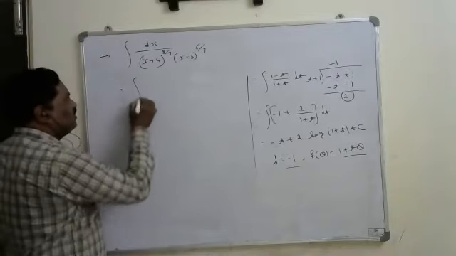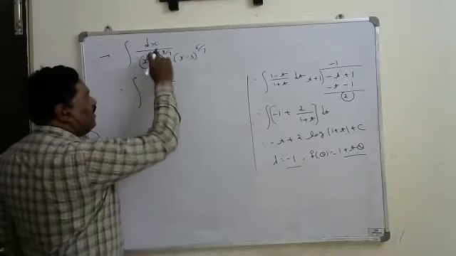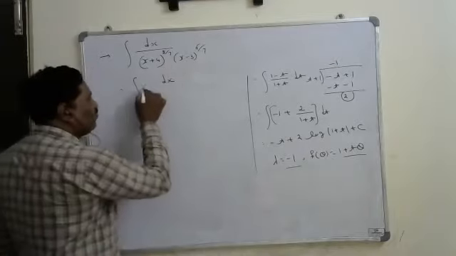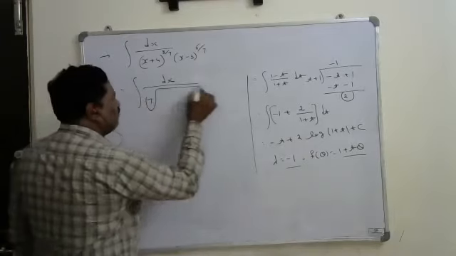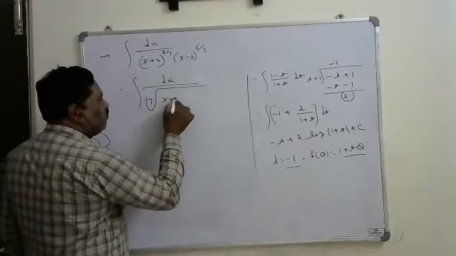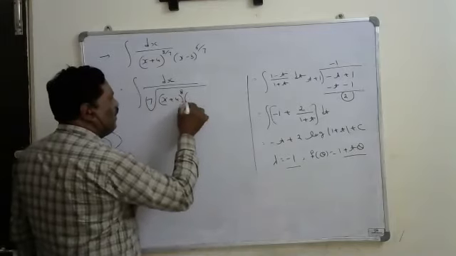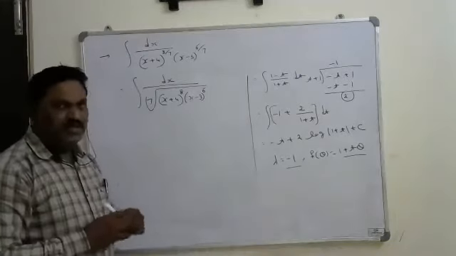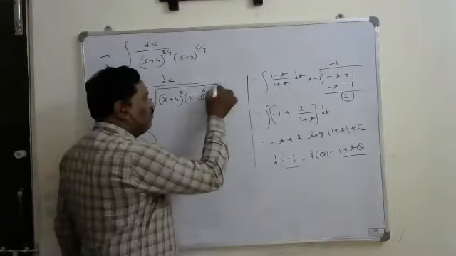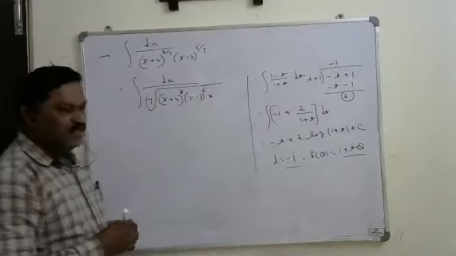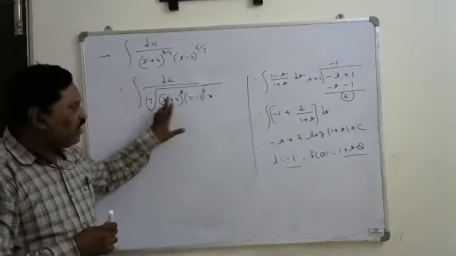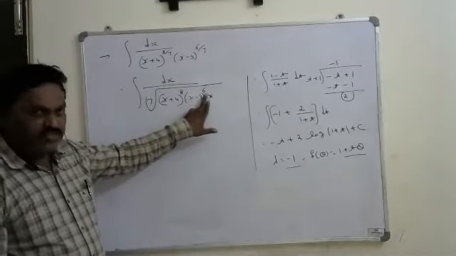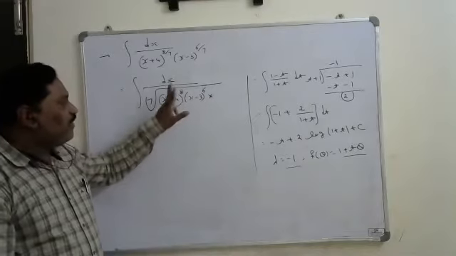Here, how to do it: dx by, here 8 by 7 and 6 by 7 are there. By 7 represents the 7th root. So it is the 7th root of (x plus 4) whole power 8 into (x minus 3) whole power 6. That is the given problem. Then what we have to do is multiply and divide by either of these terms. If I divide by this, take the power of the second function. If I multiply and divide by this, take the power of this.